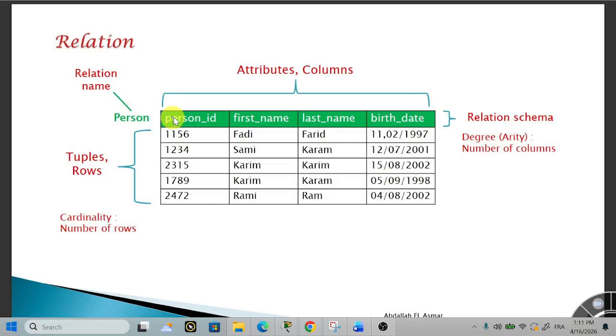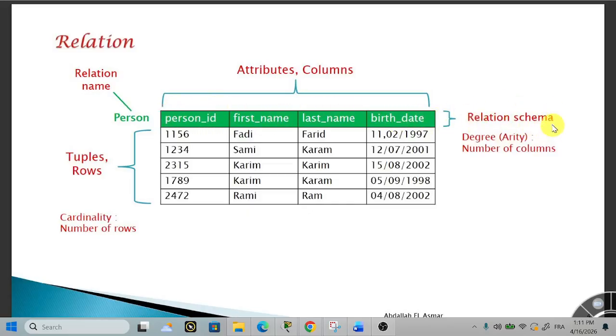So as you see, this is the attribute name and this is the attribute data. The data which is related to person ID. So this set, person ID, first name, last name, birth date, all together, 1, 2, 3, 4, we call them